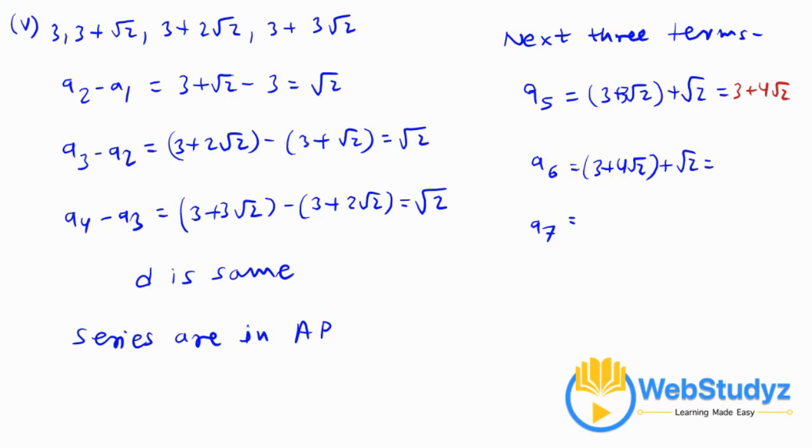So this comes out to be 3 plus 5 root 2. Again, calculating A7, which is 3 plus 5 root 2 plus root 2. So this comes out to be 3 plus 6 root 2. Now move on to the sixth series, that is